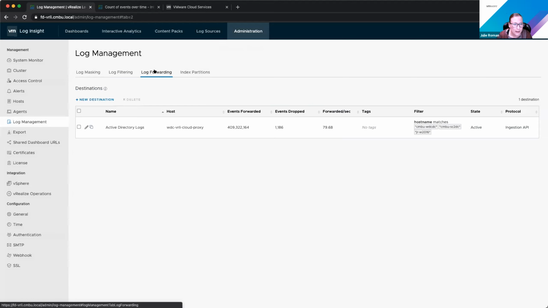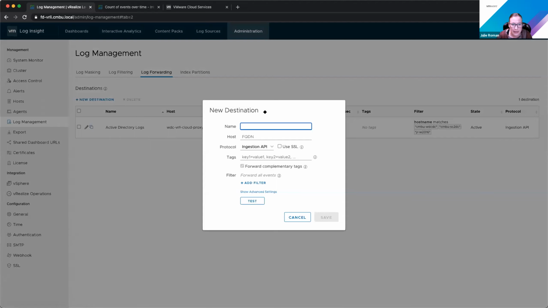For log forwarding, we can set up a destination. It could be Splunk, or it could be another Log Insight instance. It's pretty common that we have a use case for forwarding to another data center. Some customers, actually a lot of customers, don't back up Log Insight.